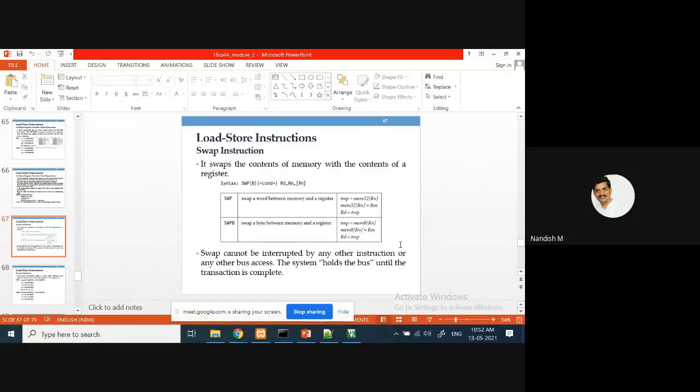Then we started with the load and store instructions. Load is nothing but loading into the register. Store is nothing but storing from the register into the memory. Totally, load and store instructions are a transfer of information between the register and the memory.